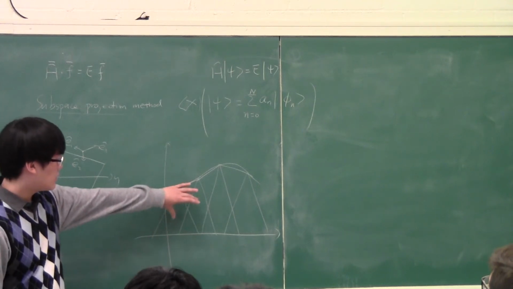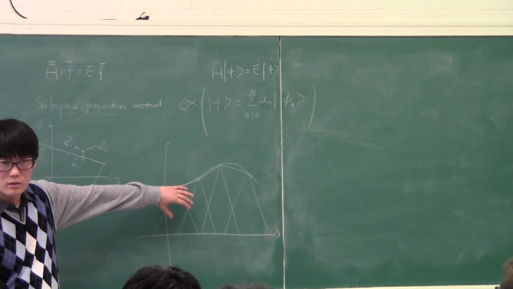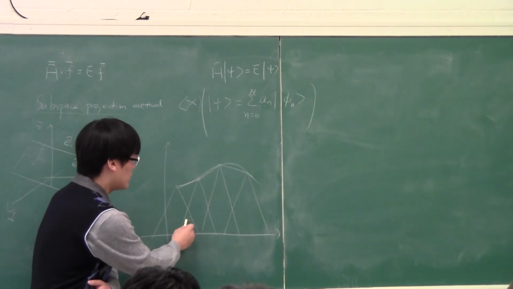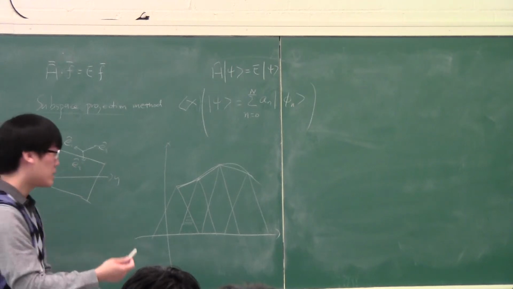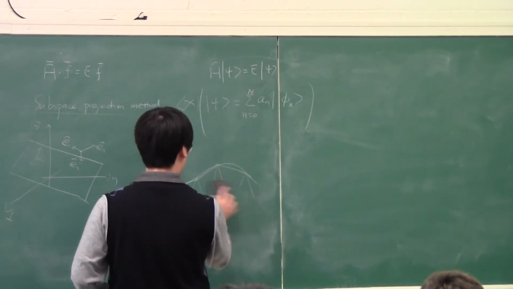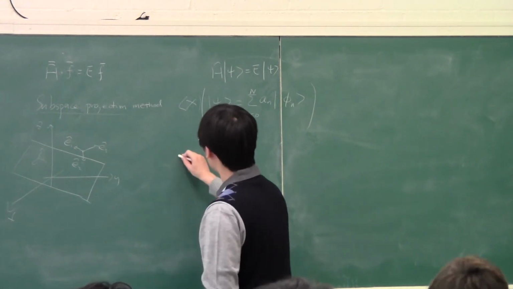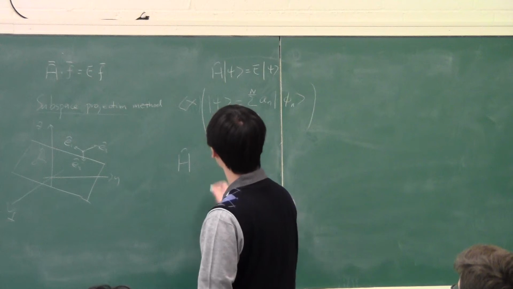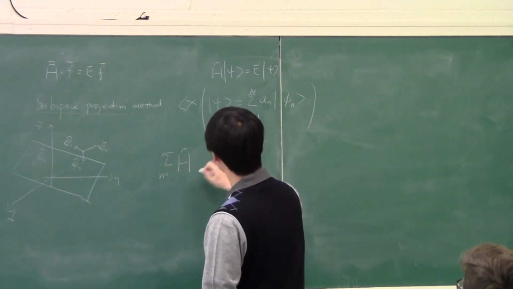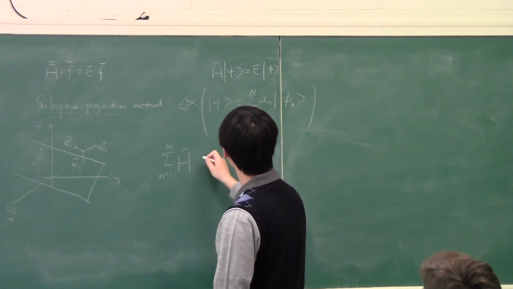So you approximate this function piecewise. Now take any two of these triangular functions. Are they orthogonal? No, right? They have overlap over here, so they must not be orthogonal. But that's okay. So now I go ahead and do this expansion on both sides. Let me use one. So that would be